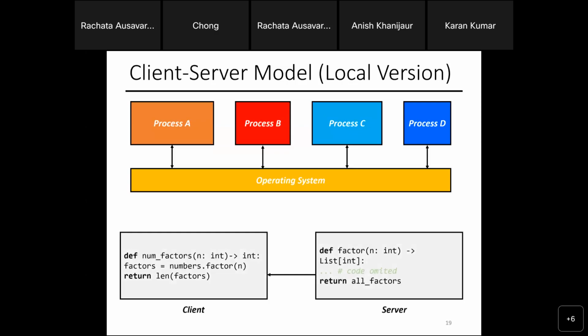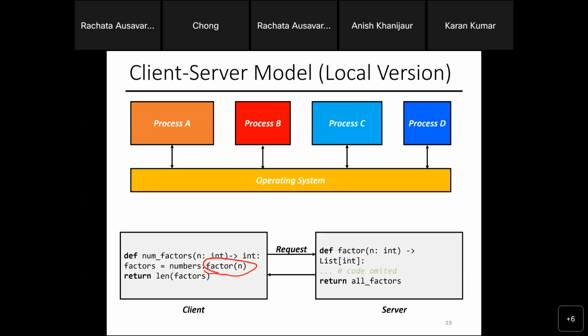So in the local version, let's say this is basically on your own machine, right? You can actually run a program that first sends, sorry about the animation bug, the request. The arrow from left to right is supposed to happen first. That should not be the arrow from the right to left yet. Basically, the client says, hey, I want to run factor.